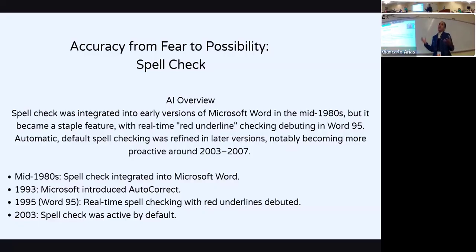I don't know any teacher who would tell their students, no, I don't want you to use spell check. All right? Of course you do. I'm only bringing it up when we're talking about fear to possibility. Whenever something new comes up as human beings, we're a little fearful. But spell check was new at one time and we embraced it. It didn't take over our lives, but it did help us. So all I'm trying to say is, I know that AI has greater capabilities. I'm just saying that if we're very intentional about how we're using it, it can also be a great benefit to us as educators and to students alike.